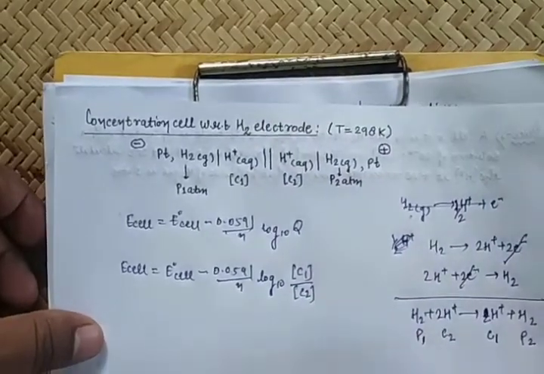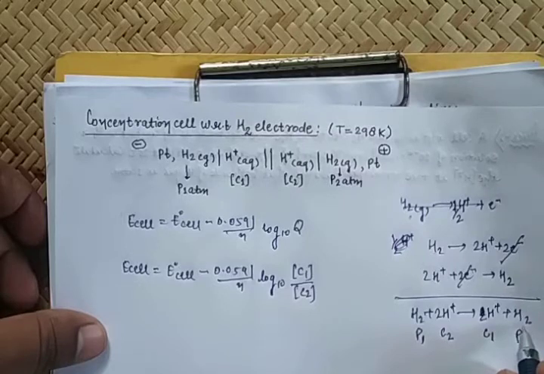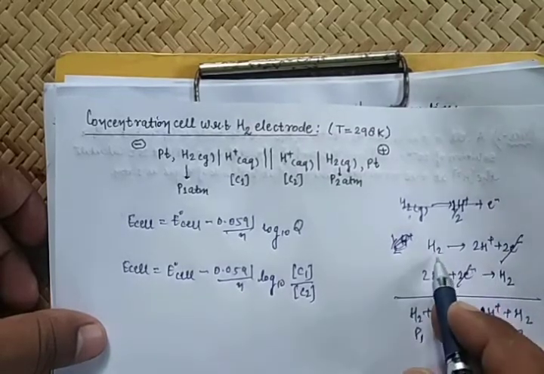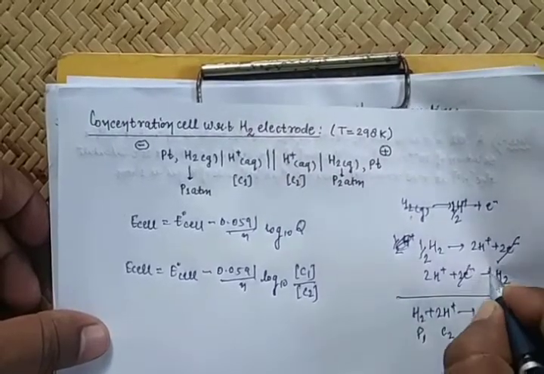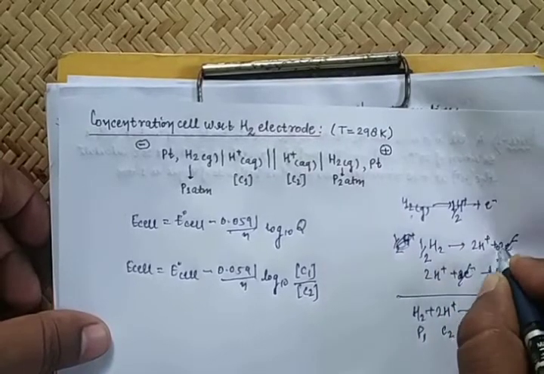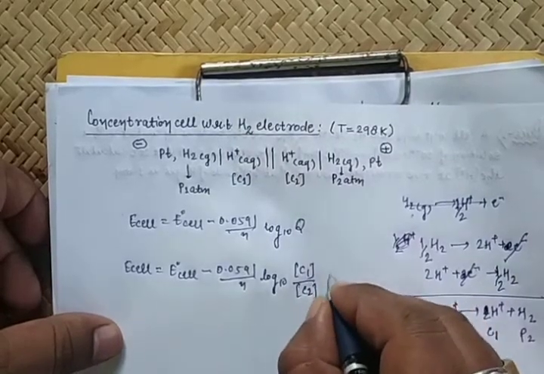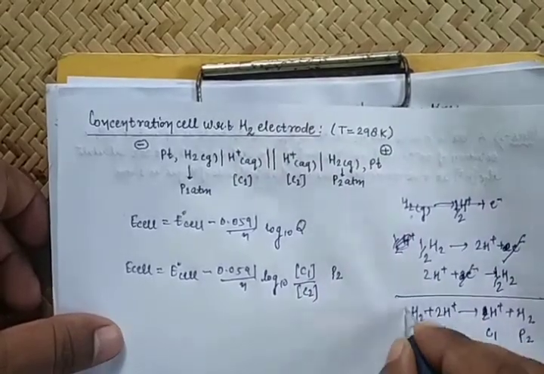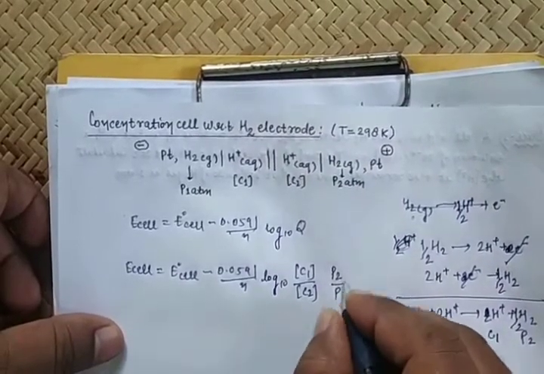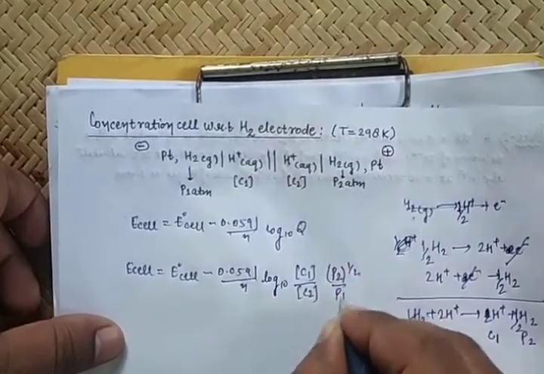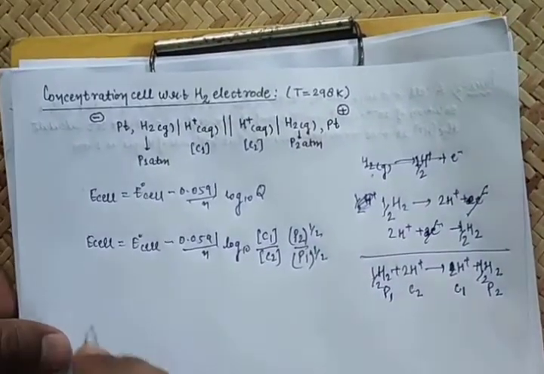Now in this case hydrogen is there. Suppose you convert to a single H, so you also convert half H2, and this is half H2. So here is a 1 electron difference. So P2, the same for that side, half. So there is P2 divided by P1, and both the power is half, because half hydrogen is there. Clear? Okay, very good.